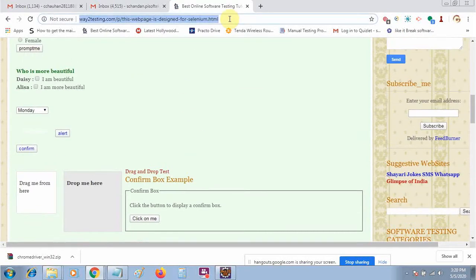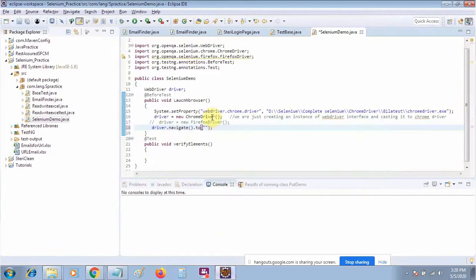So let me copy this URL. First we will try to run all these things using Chrome, then we will work on Firefox. Okay, so this is the main way to launch the browser and navigate to the URL.